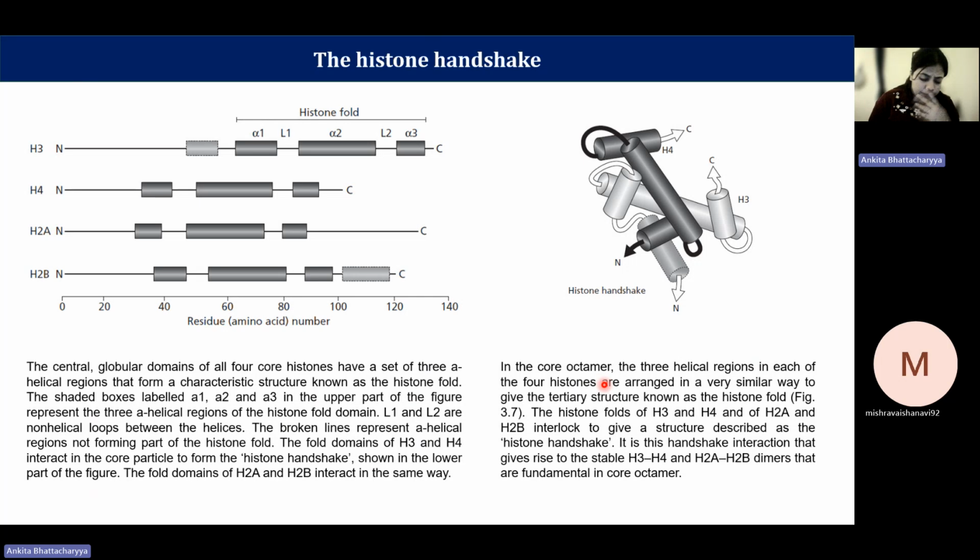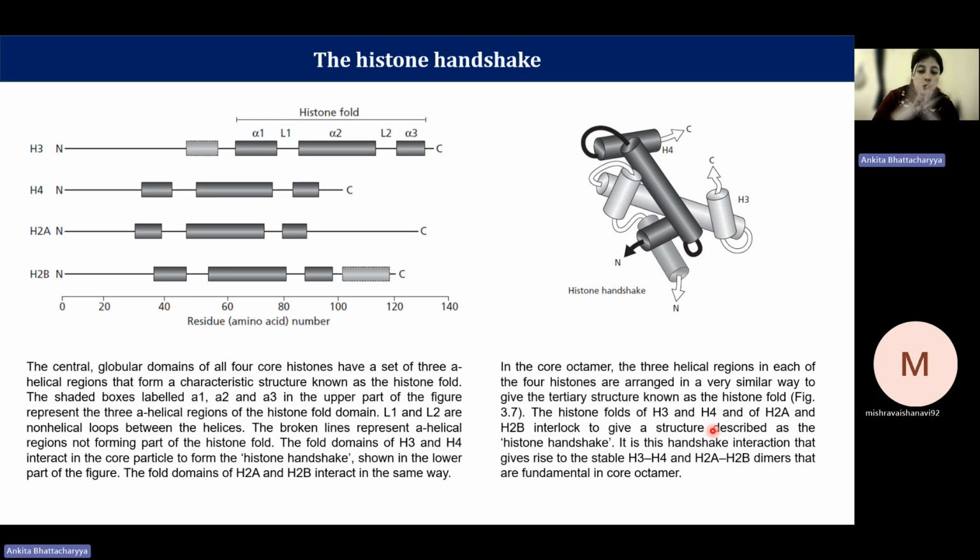In the core octamer, the three helical regions in each of the four histones are arranged in a very similar way to give the tertiary structure known as the histone fold. These histone folds of H3 and H4 and H2A and H2B also interlock with each other to form the